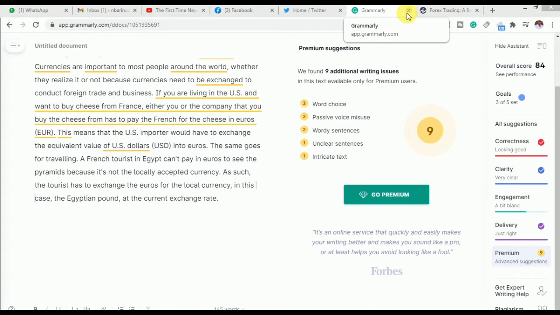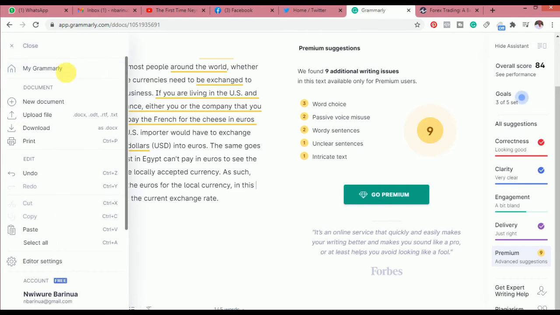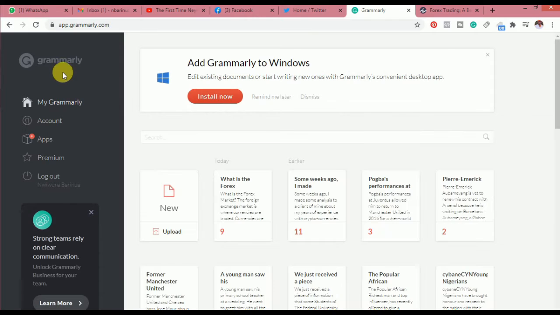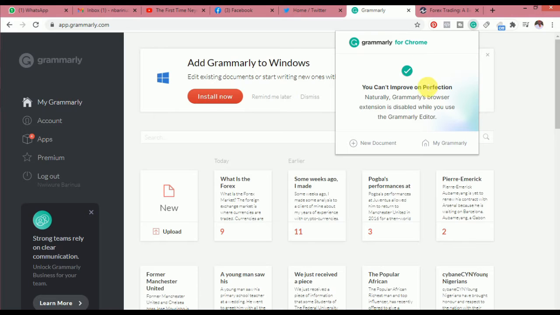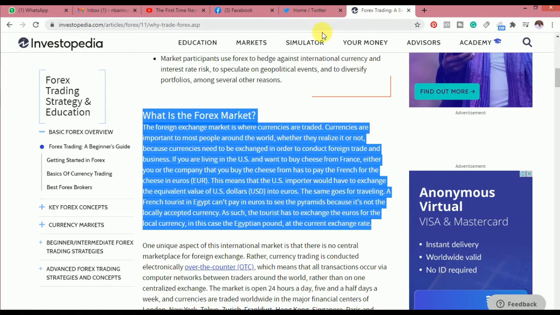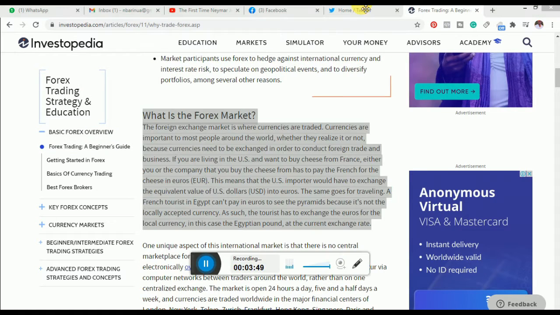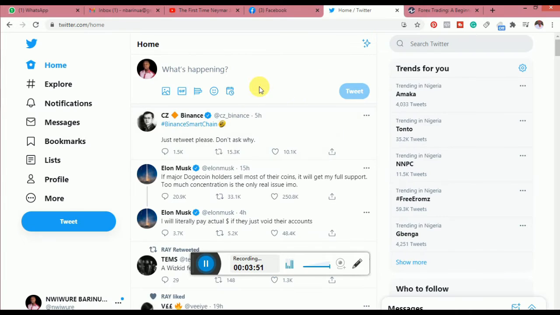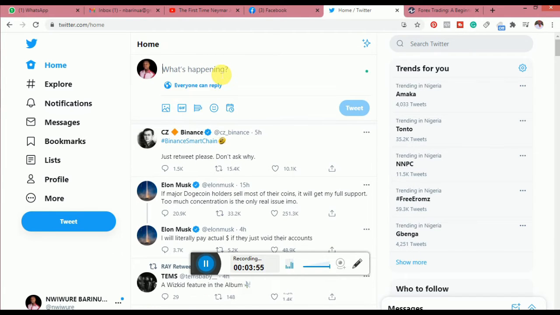Let's say now Grammarly offers an option where you can install, let's go to Grammarly home, where you can install an add-on on your browser, like on Google Chrome. Like you can see here, I already have mine installed here. Alright, so now I already have mine installed. So wherever I go, whatever I do online, let's say I type whatever, let's say